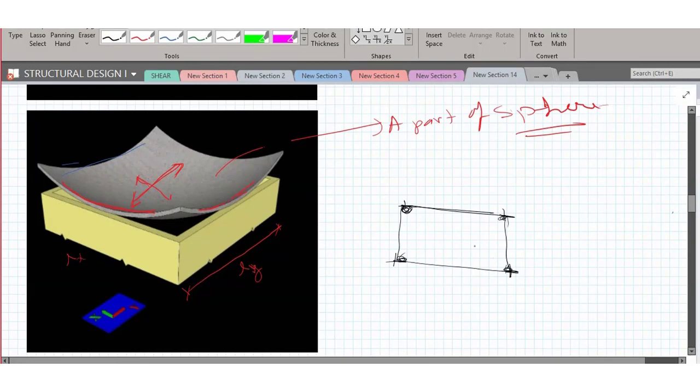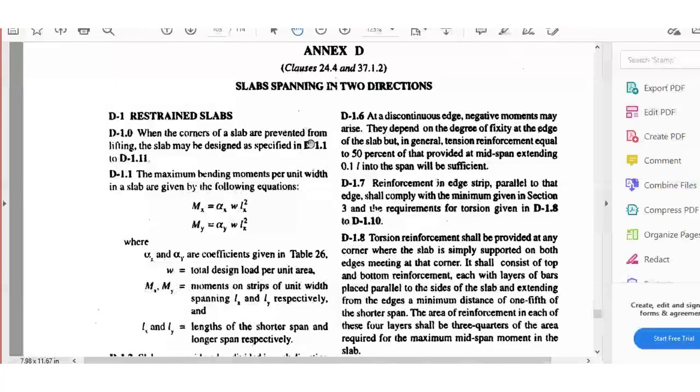Nowadays, most of the construction we have is framed structure, so with a beam-column-slab arrangement, obviously the corners are not allowed to lift. If these corners are not allowed to lift, it means the provision given in D1.1 to D1.11 is applicable.